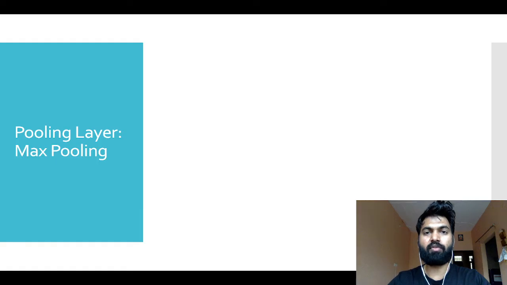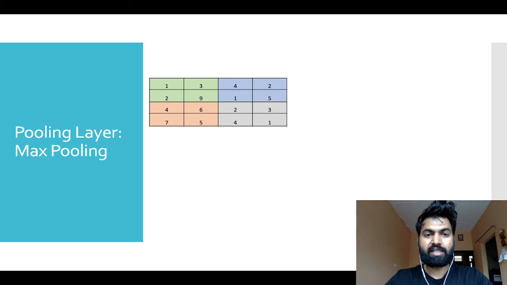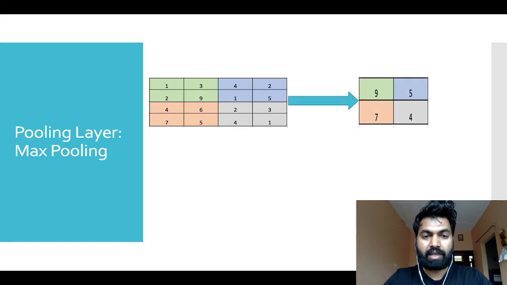So we'll see the concept of max pooling. This is my feature matrix, or I can say a matrix which contains the pixel values, and this is a 4 by 4. Let me repeat it once again. Instead of calling it 4 by 4, let me call it 4 by 4 by 1, because here I'm talking about one layer. When we apply the filter on this feature matrix, we will get a 2 by 2 matrix. Here you can see the first region, 3 to 9, when we apply a filter on that one, and that is the max pooling.